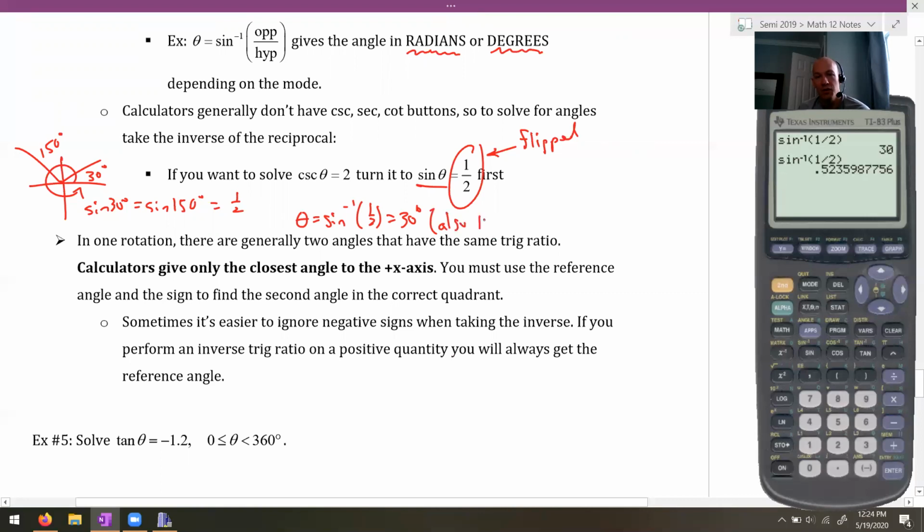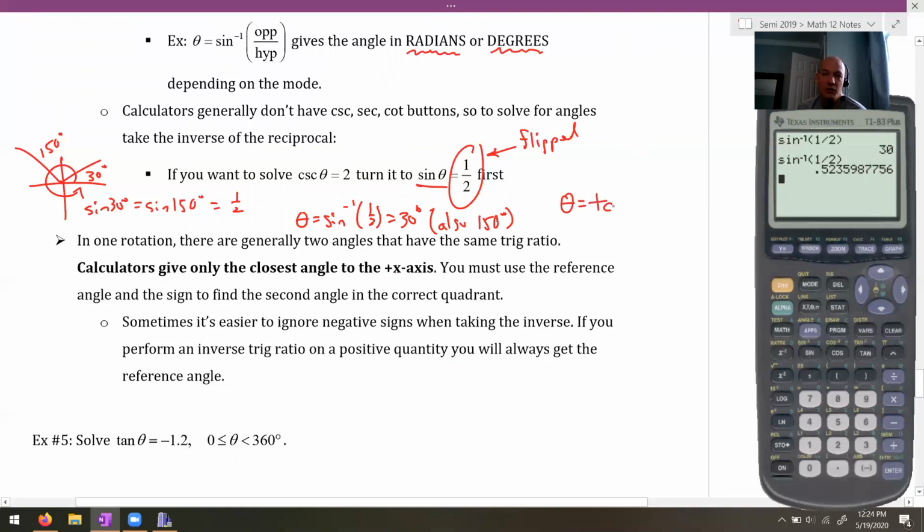also that 150 exists. Now your calculator is always going to solve for the closest angle to the positive x-axis. It's not necessarily going to give you the reference angle all the time. It gives you the closest angle to the positive x-axis. So sometimes that will be the reference angle, but sometimes it will not, and it depends on what you put into your calculator. For example, if I wanted to go